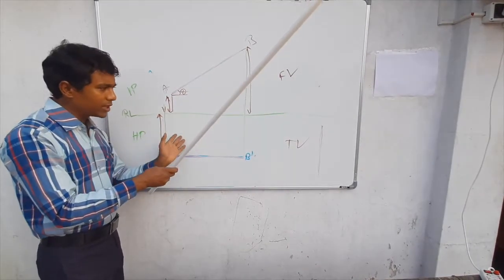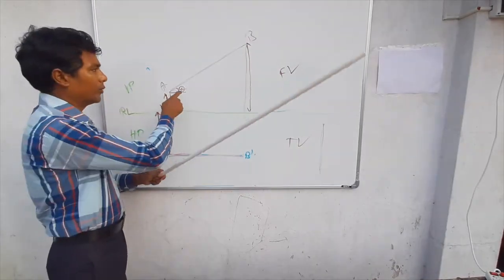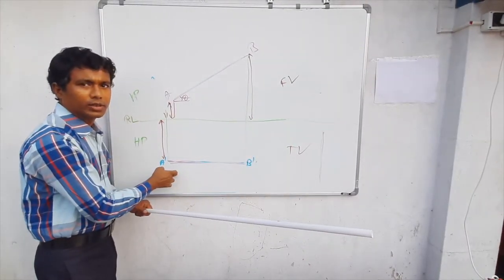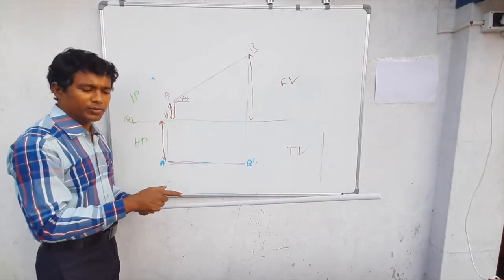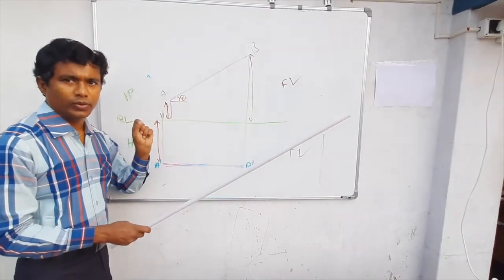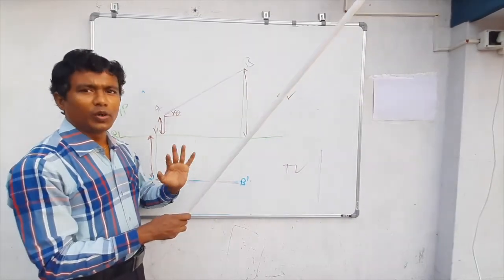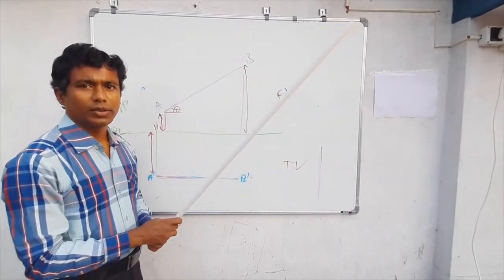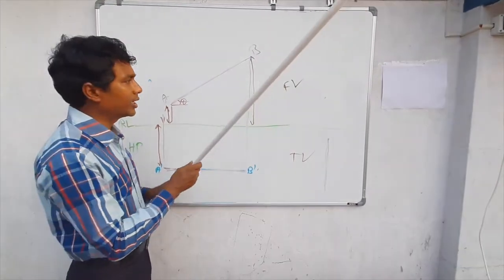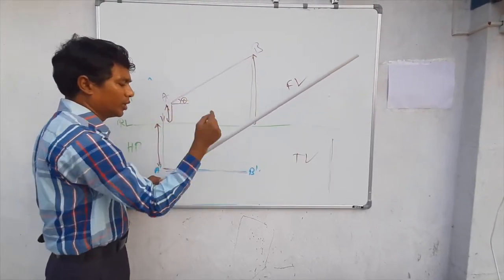In all previous examples, in any of the views, we are getting the true length. Means what? For this case, it is the true length, whereas this is not the true length, it is the reduced length. So in all these previous views, either top view or front view, we are getting the true length in any one of the views. But here, when it is inclined to both, none of the views gives you a true length. Then we have to find out the method to get the true length. What we are getting is called the projection. This is the projected front view. This is the projected top view.